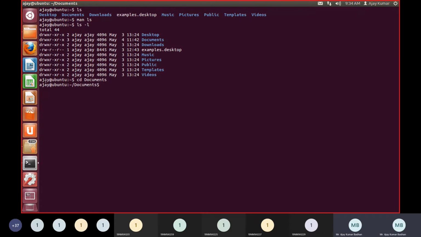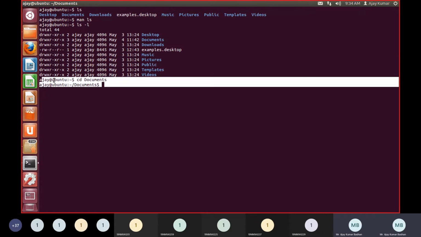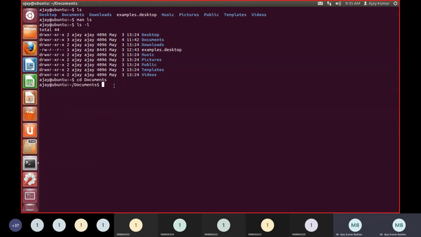If you see the previous one, the first one, Ubuntu, there is a tilde symbol. After the tilde, since I have entered into documents, Documents has come up. Now I want to see the list of files in this. The command we need to use here is ls, enter. OS programs. So within this we have OS programs, which is another directory. I have created another directory within documents.